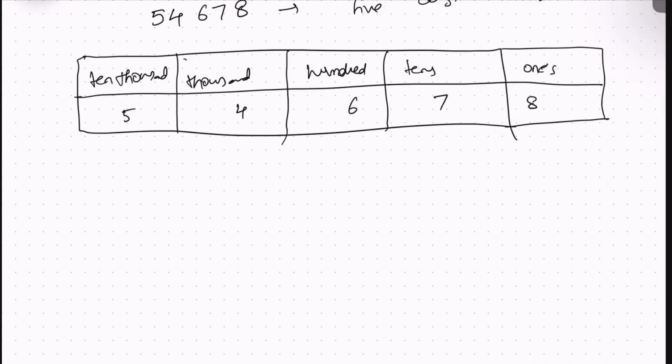So now the place value chart is made. And what are the different forms? The first one is standard form. Standard form is the regular way how you write the number. It is same as whatever is given. It is